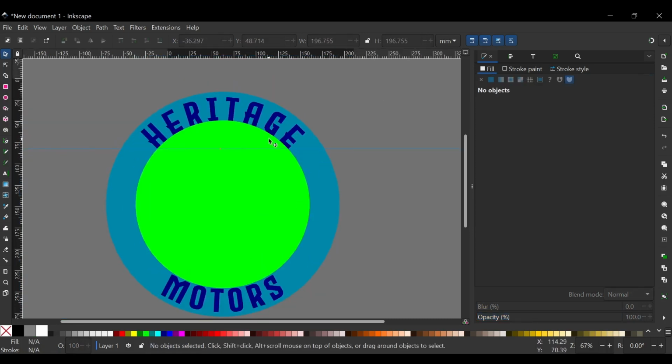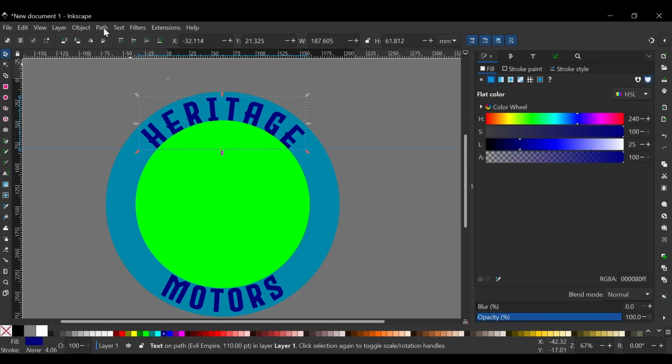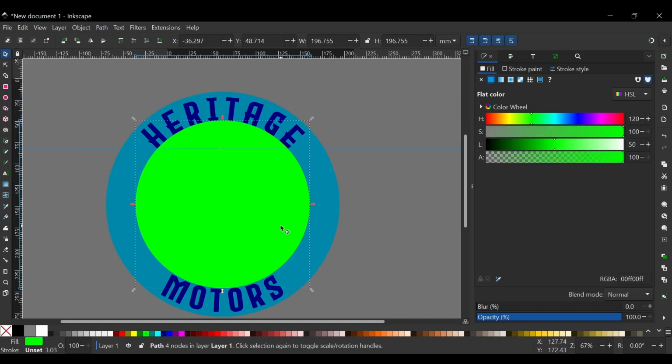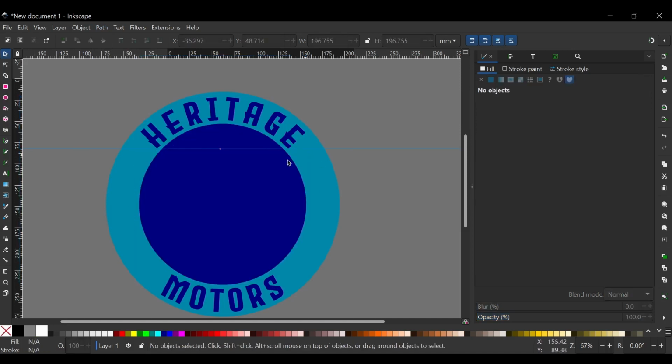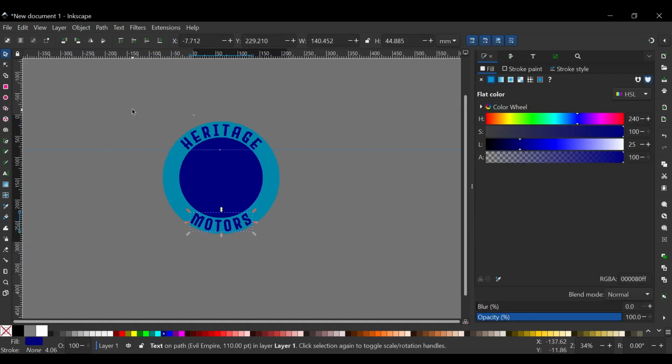So what I'll do now is I'll click on the text object and I will go to Path, Object to Path, and once I've done that, I can no longer edit this as a text object. So only do this once you're fully happy with the result, right? I'll click on the green object and delete that. I'll click on this object. Actually, I select everything